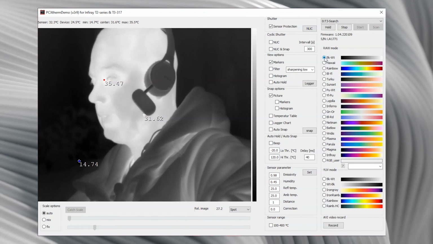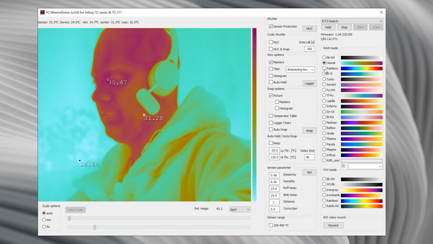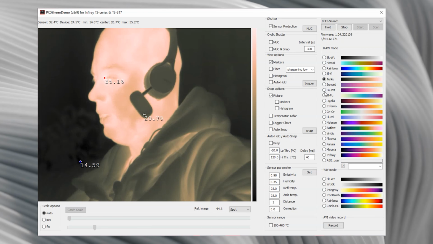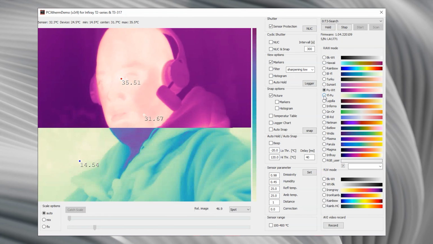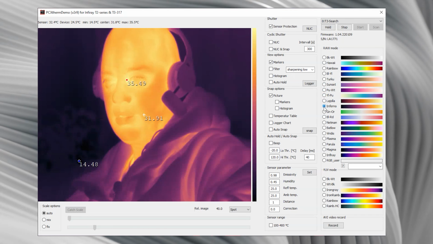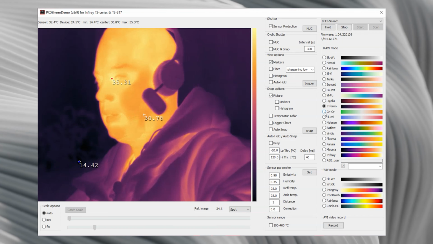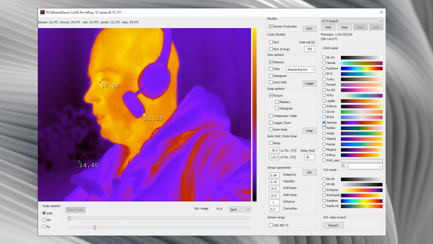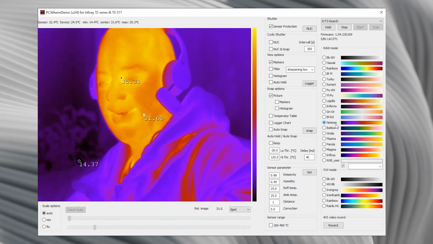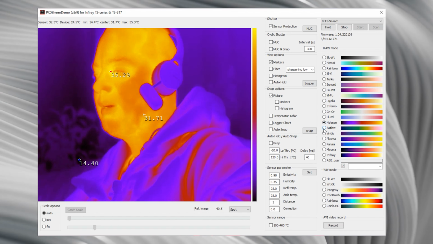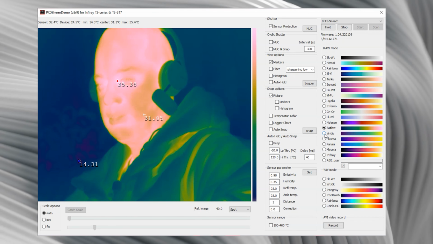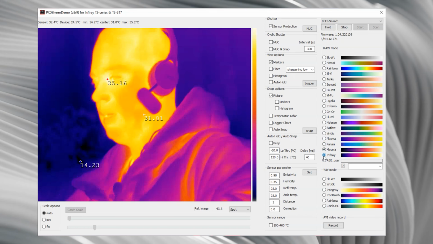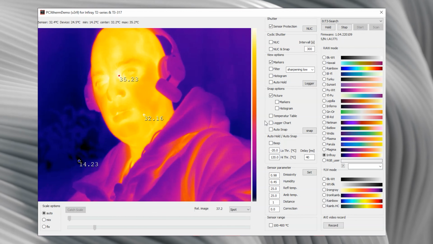Black and white, Hawaii, rainbow, I don't know. He implemented a lot of color palettes. I think every person can find their favorite, their most comfortable for their eyes. This color palette is dedicated to Netman. Other colors, kind of greenish, plasma, Infiray, that's the Infiray type of color palette,